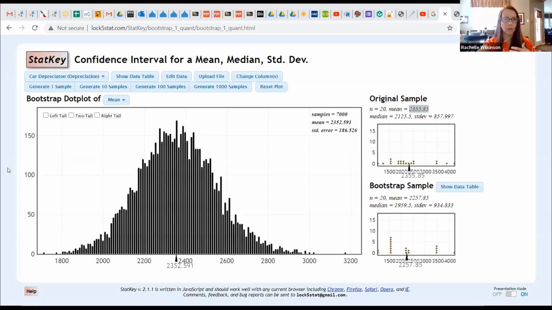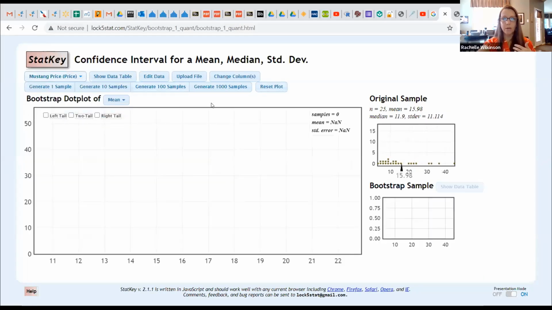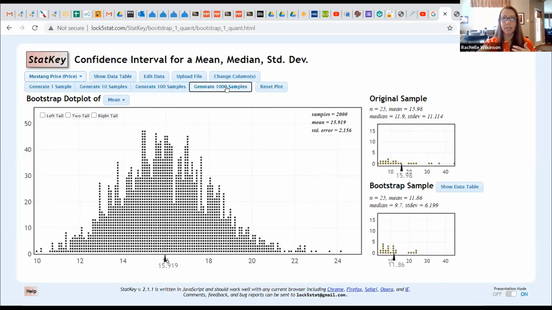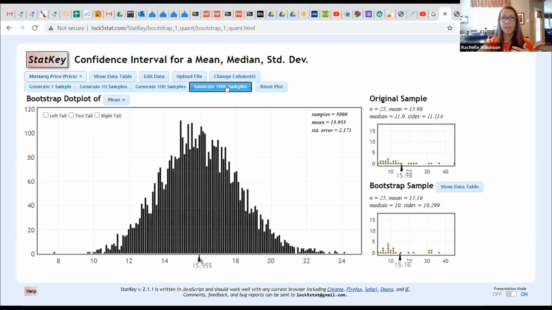All right, so I'll do it for the Mustangs. Here's my Mustang data. I'm going to generate my bootstrap distribution just like I did before. Now to use the percentile method, once I've generated my bootstrap distribution, I'm going to click on the two-tail button